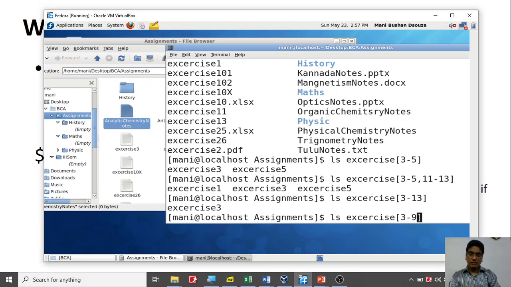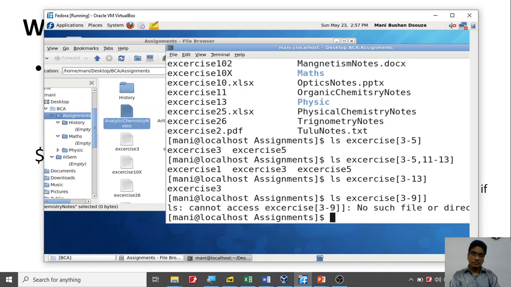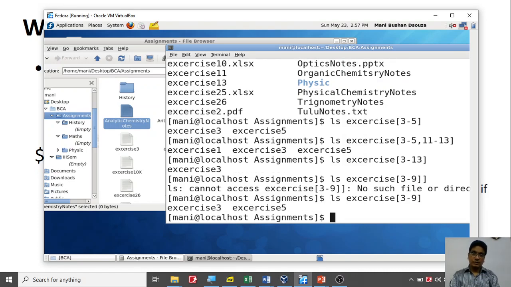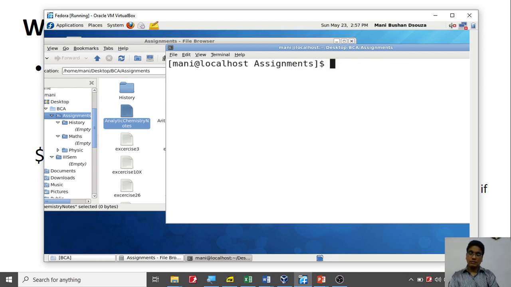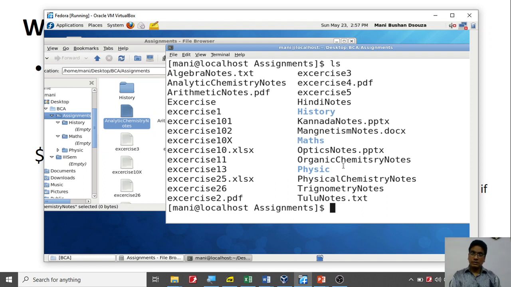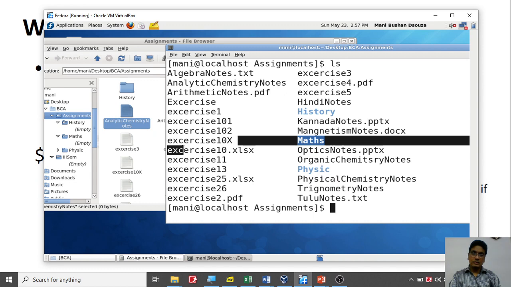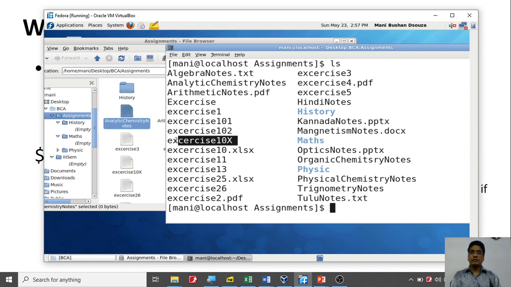Okay, and let's see that, 3 to 9. Okay, 3 to 9. Do I have all of 3 to 9 there? So let me use ls and let me find out. And 3 to 9, how many are there between 3 to 9? 4 is ruled out. And do I have anything else? Okay, not there. Again, if you look at this, exercise 10 and the others are not just numbers. There are some extra things there, but I am not very sure why that 13 and 11 were not included in that range.